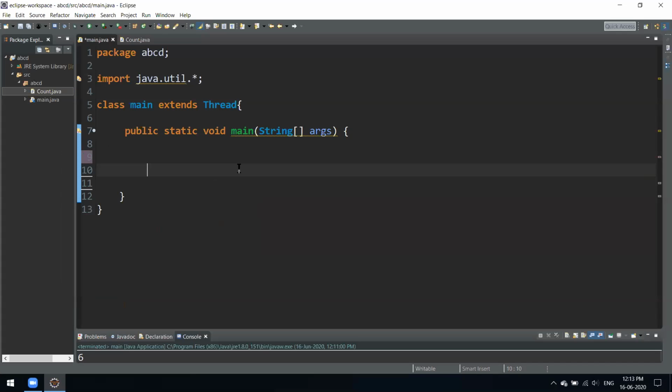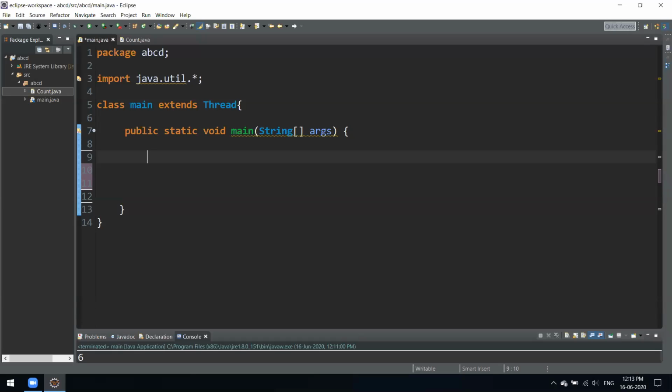We have already imported our java.util package, so we don't have to import the set package again.